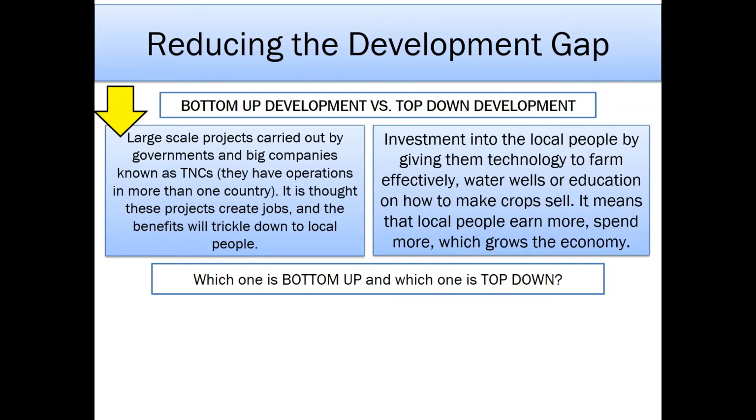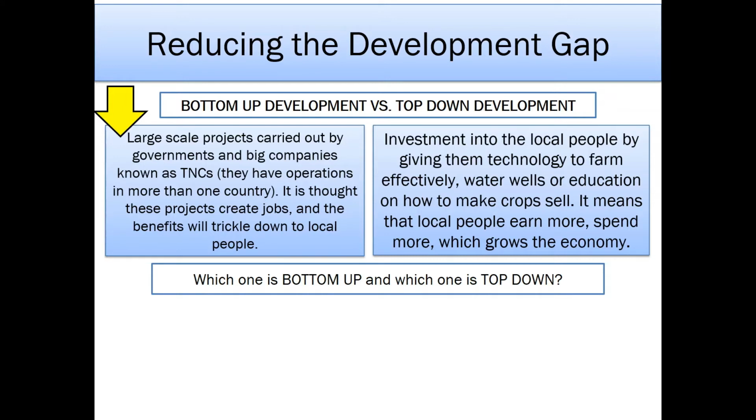big companies known as TNCs, and these TNCs are big companies, okay, that have operations in more than one country. So they have factories in more than one country, and it is thought that these projects create jobs and the benefits will trickle down into local projects. So an example of that would be your year 8 topic when you learn about iPhones in China. Okay, when you learn about iPhones in China, the fact that Apple uses factories in China